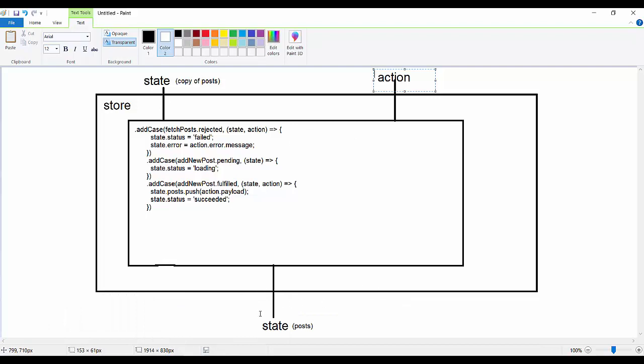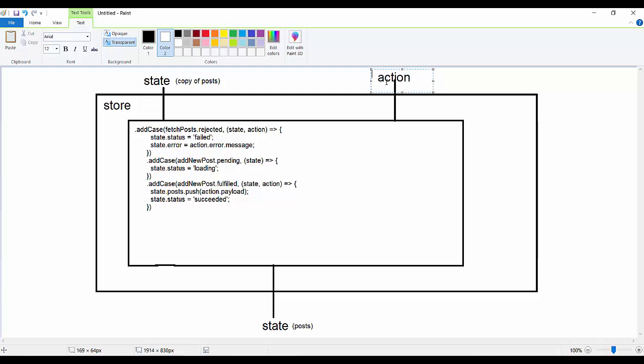Okay, here is a state. At first it was the initial state. After that, during pending, it comes through the action object. Pending changes only loading, and after pending, if we have fulfilled, we have a full payload of posts, and it is concatenated with the initial state. In add new post, we have the state that we have, but when we add a new post